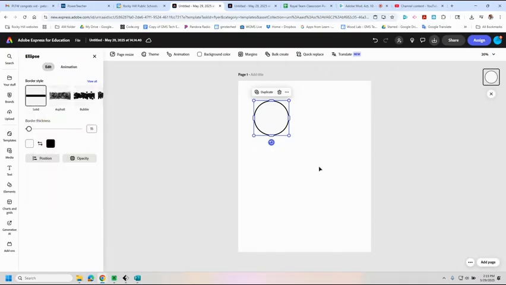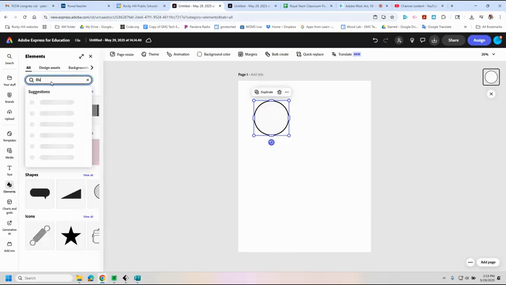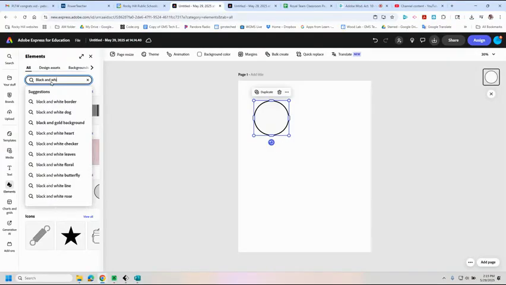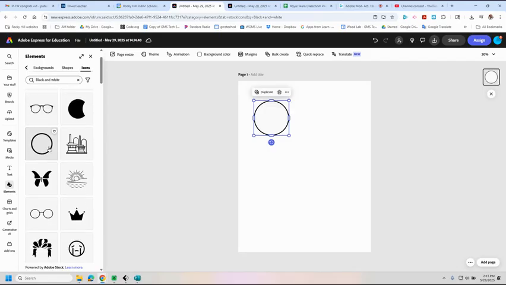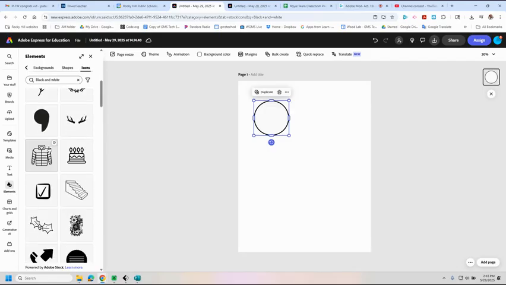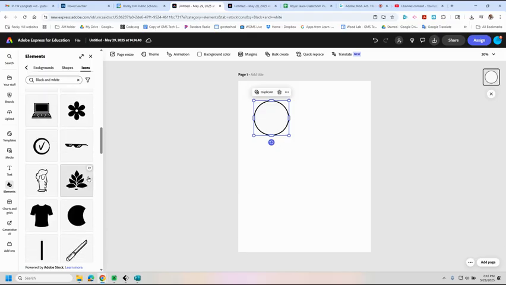And now I'm going to put some design in there. I'm going to recommend that you do something that is a black and white graphic. So if we go to Elements over here, and we say black and white, design elements that are black and white, shapes that are black and white. We could go icons that are black and white. Oh, there's all kinds of things. There's glasses. You got ski jackets and sweaters and tools and computers, and so I might just do something like